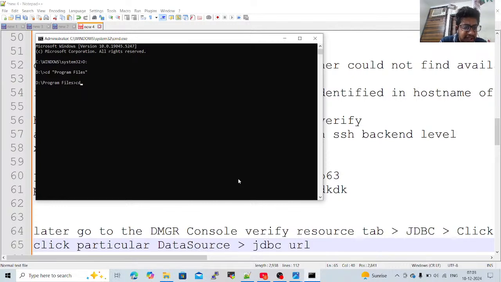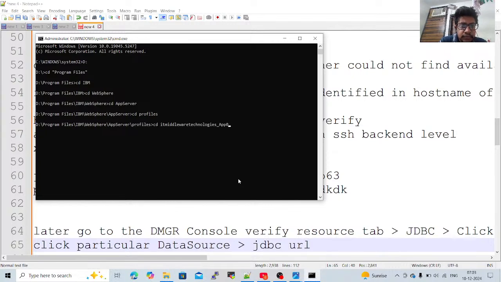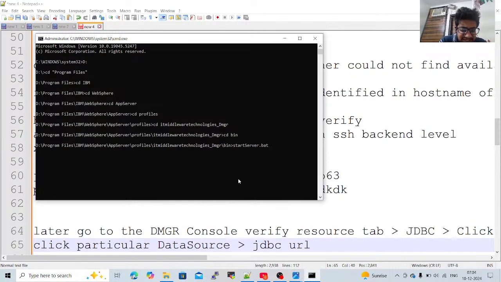I have one Windows server. Long time back I worked on this. This is my Windows server. Start the server, that is DMGR. You can use this also